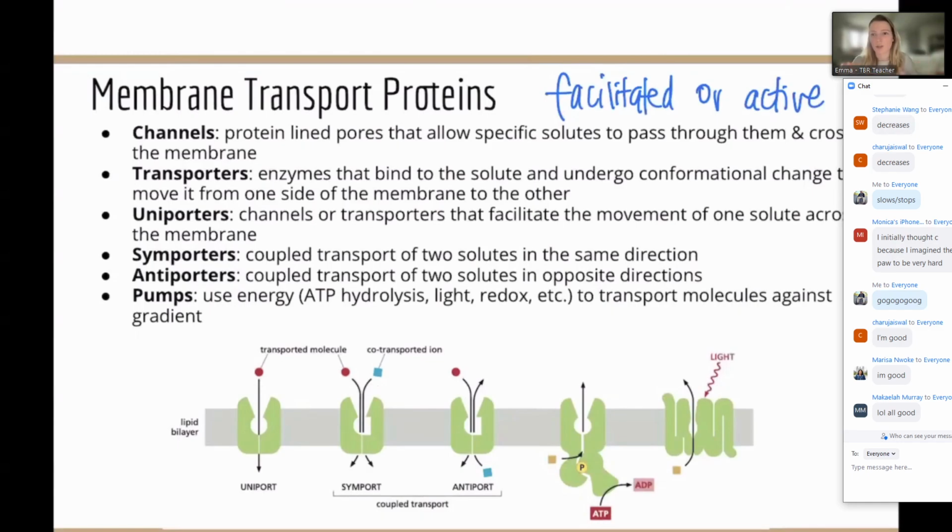But it's important to think to yourself, sometimes we jump into these buckets of, oh, if there's a membrane transport protein, it must use energy. That is not true. If it's just a membrane transport protein, all we know is that a protein is helping. It's either going to fall into facilitated, no energy used, going with the concentration gradient, or active, going against the concentration gradient, using energy. So that's not always a black and white rule.